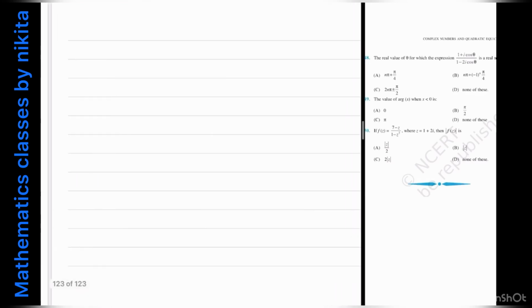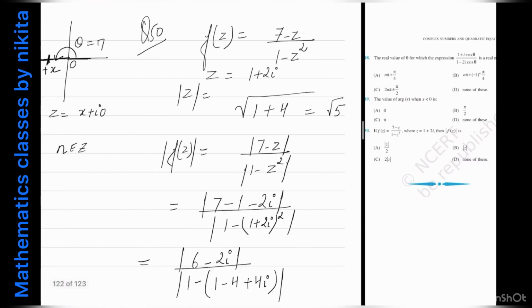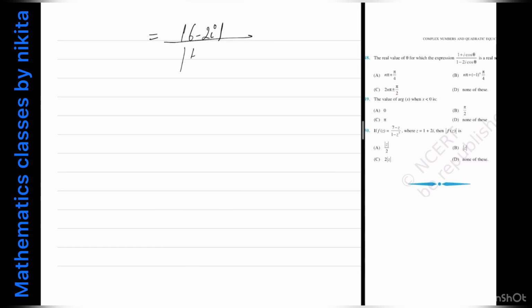Okay, and this is equal to mod of 6 minus 2 iota divided by, so you'll get 1 minus 1 0 plus 4 minus 4 iota, 4 minus 4